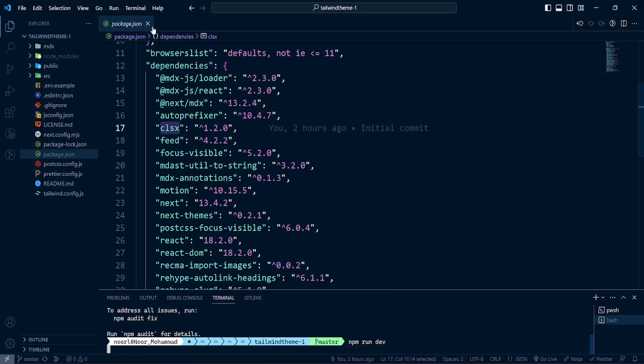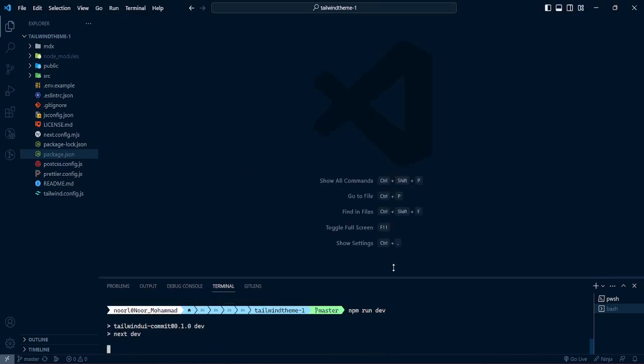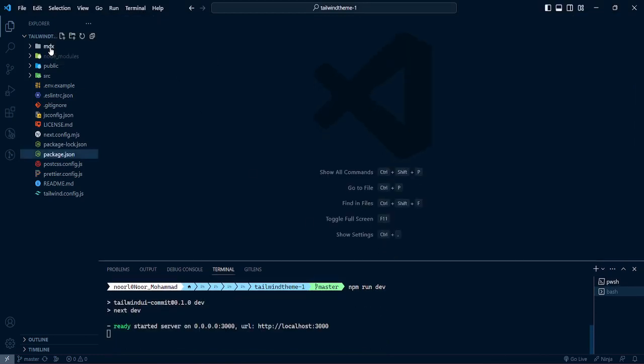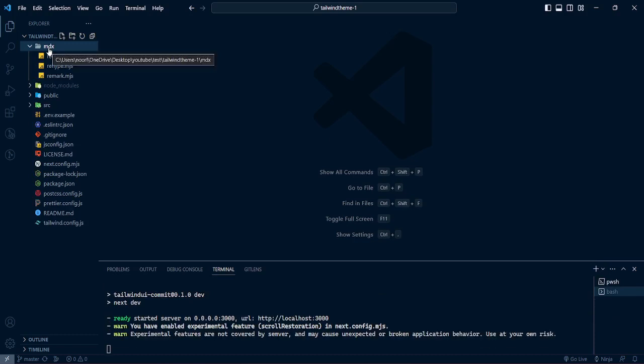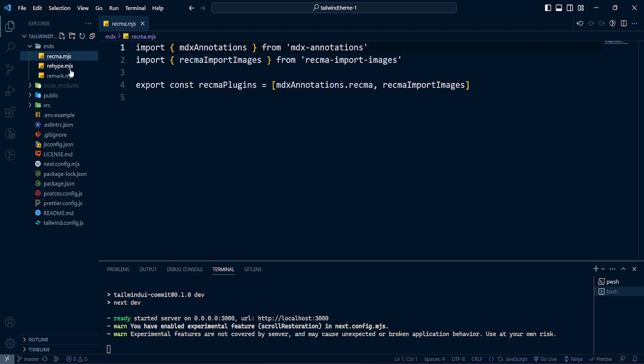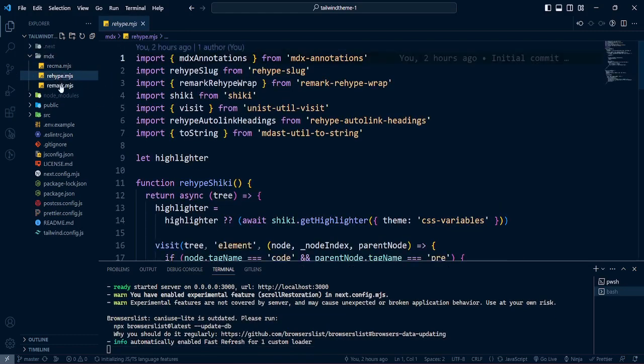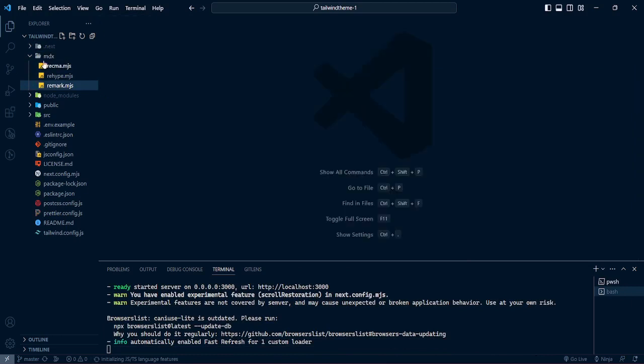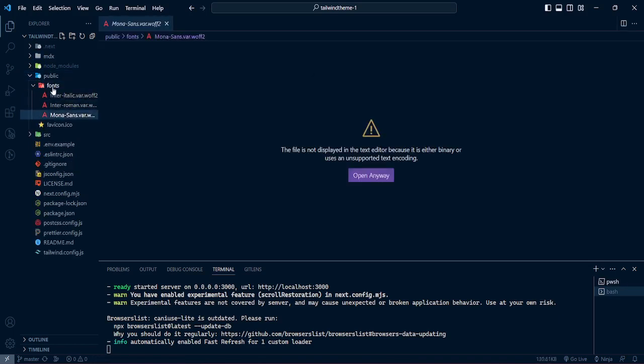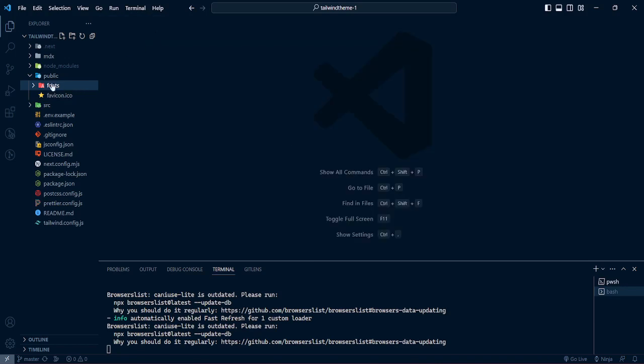While it's spinning up the local server, let's just explore. As you see, we have that MDX structure instead of Next.js. We're going to have that also, but in the MDX you're going to see they have their own configuration. As you see, Next.js is already there. So this is for the markdown language, and now we have the node modules, and we have the public folder. Inside the public folder, we have the predefined font which they use in that structure, and also